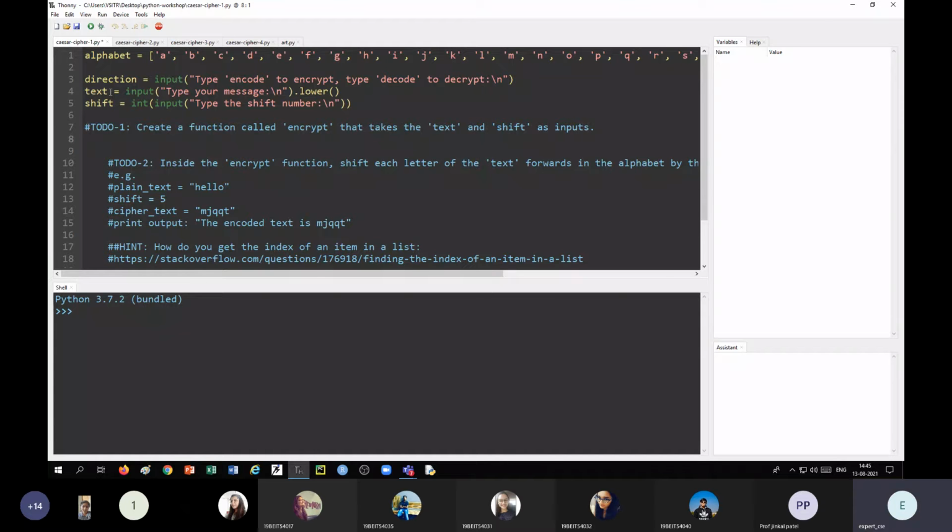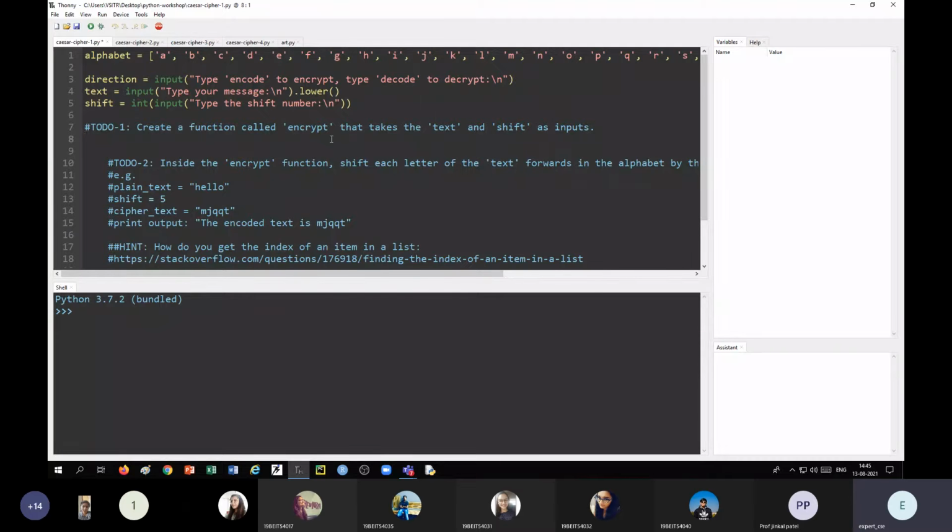Next is text, which text you want to encrypt or decrypt. After inputting it, I am converting it into lowercase. Then the shift amount, by how many positions you want to shift your text. Here I have written one comment, a to-do list: create a function called encrypt that takes the text and shift as an input.